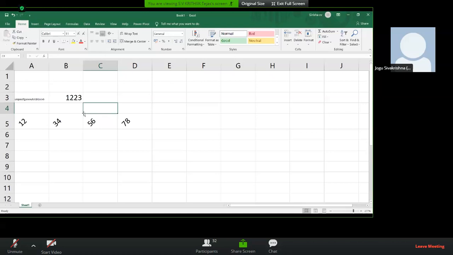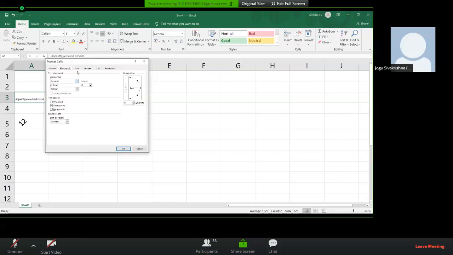Can you click on that first option, A3 and B3? Yeah, you can select that alignment group. You can select that arrow mark, then it directly goes to that alignment group, instead of right clicking and selecting formatting cells.